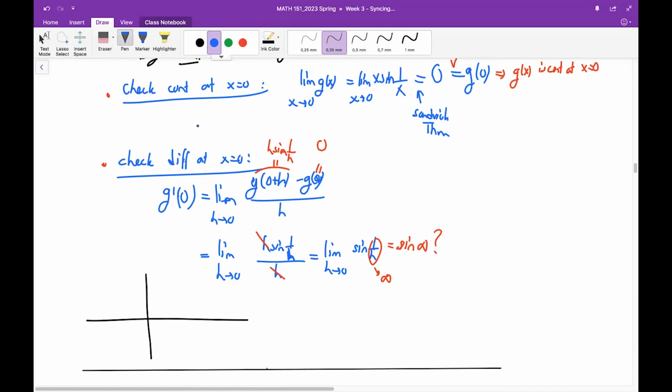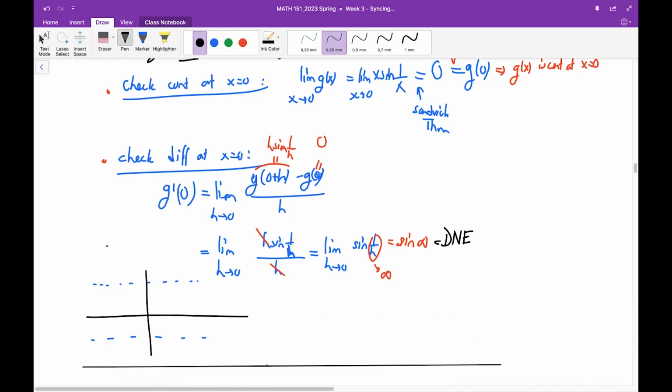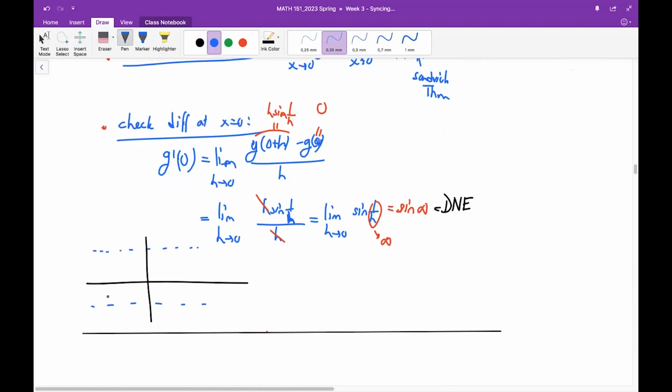Yes, exactly. Let me justify why this limit does not exist. Sine infinity is something which does not exist. This limit does not exist because the sine function is an oscillating function over the whole real numbers, between +1 and -1. This is the sine x function. As x goes to infinity,